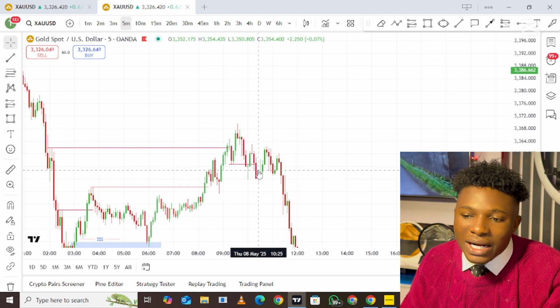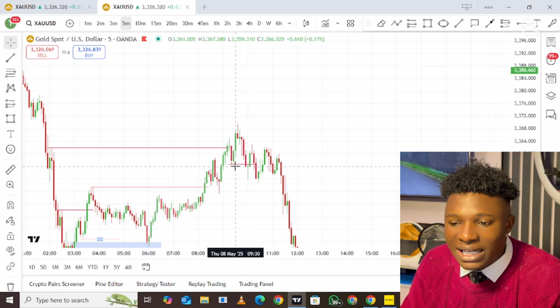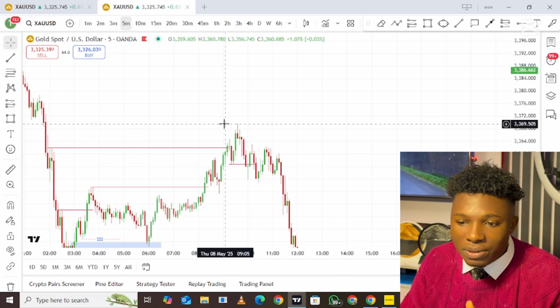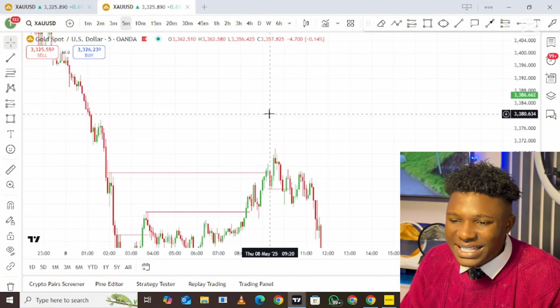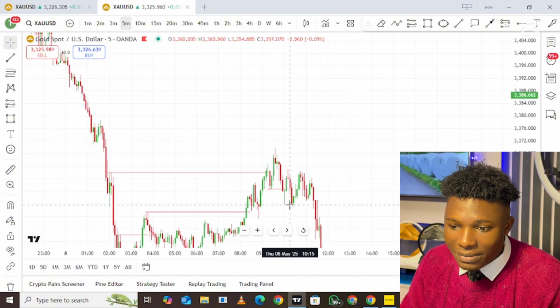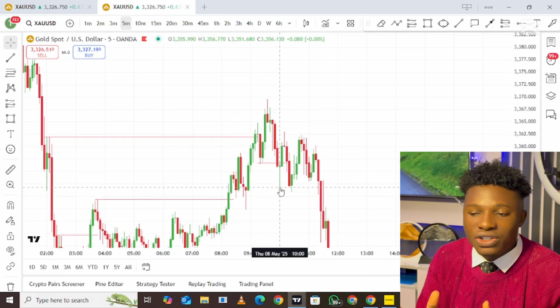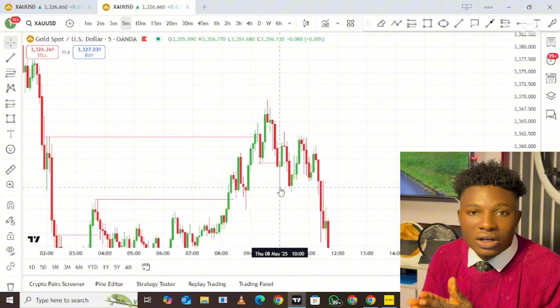I was expecting price to start going in a bullish direction because price had taken out a liquidity in the market. So immediately price took out the liquidity, I was like, okay, price will now go bullish to get more towards my take profit. Of which price did not do that. Price came all the way down again the second time. When price came all the way down the second time, just because I understand the market structure, I understood that the market was about to change direction.